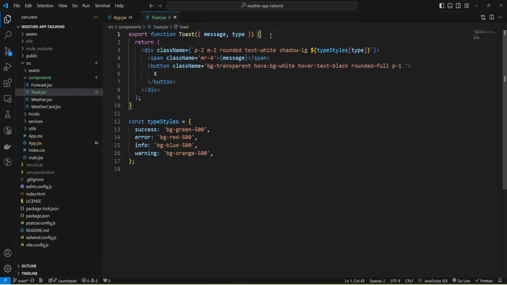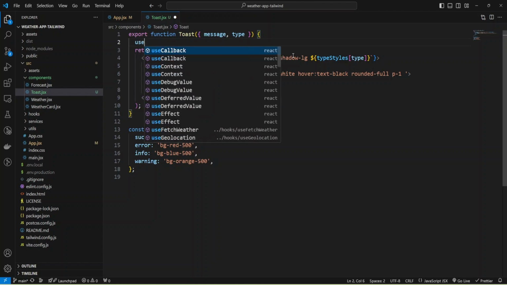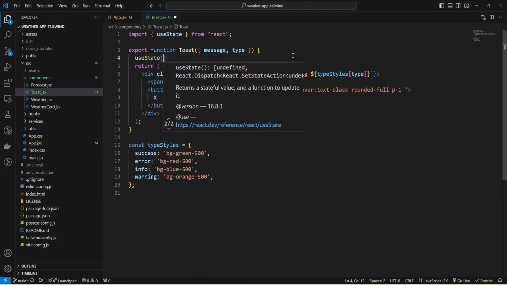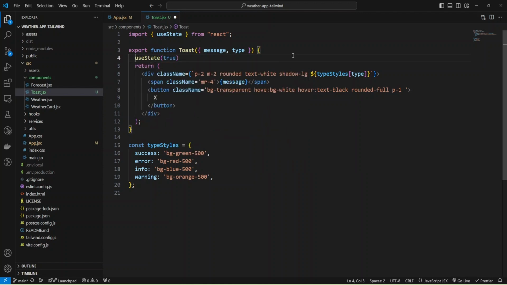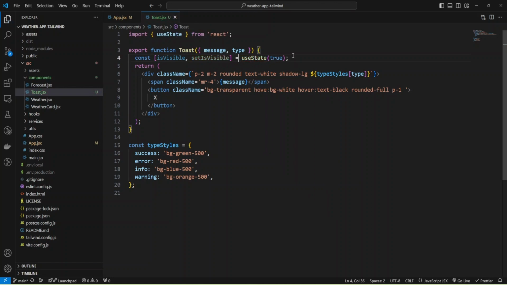And let's hide message by clicking on this button. And for that, I'm going to add state variable and use hook useState. And as you can see, import was added, and initially it will be true. And I'm going to add state variable isVisible, and function to modify variable will be setIsVisible.